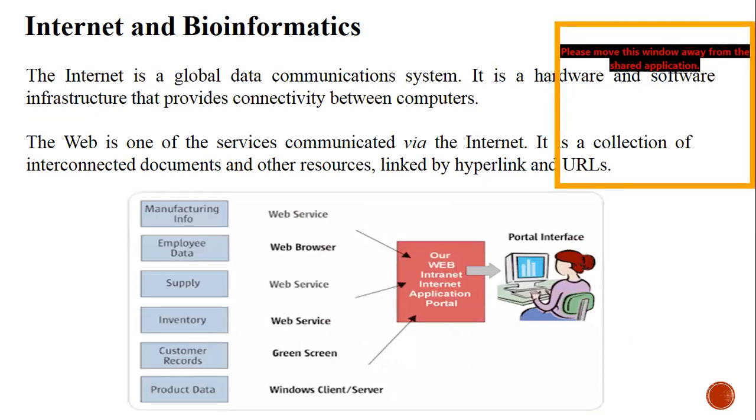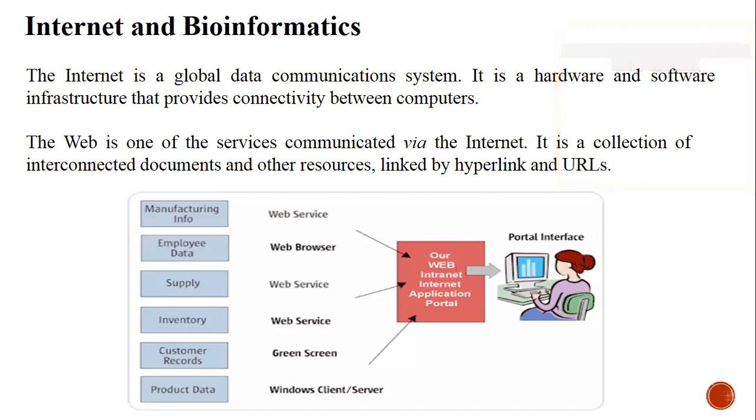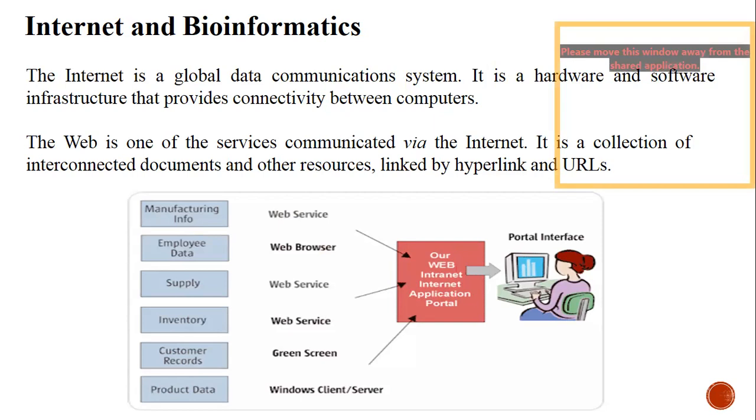The internet is a global data communication system. With the help of the internet, we can retrieve data from all over the world, and we have different software and hardware structures and infrastructures that provide connectivity between the computers to retrieve the data. The web is one of the services communicated via the internet. It is a collection of interconnected documents and other resources linked by hyperlinks and URLs, as you know well